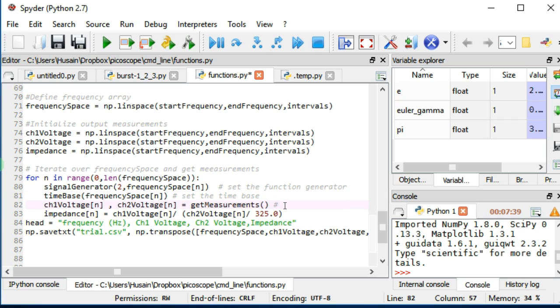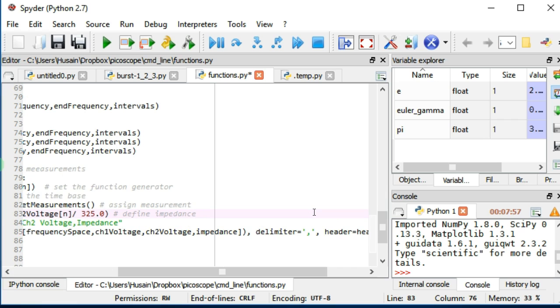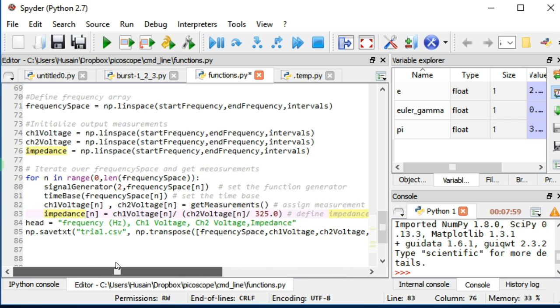Here I'm going to assign the measurement. So I'm going to take the measurement, and then I assign it to channel 1 voltage of the same index and channel 2 voltage of the same index. And then I define impedance by its index and channel 1 voltage and its index divided by channel 2 voltage divided by 325, which is the